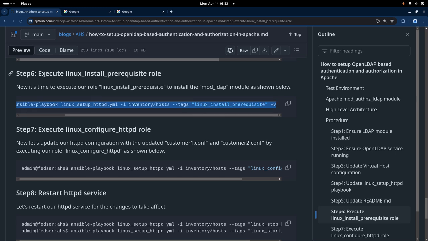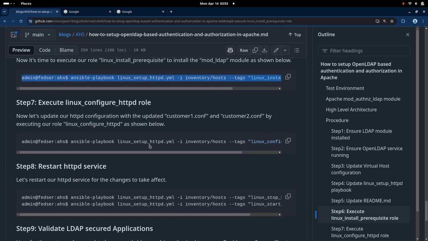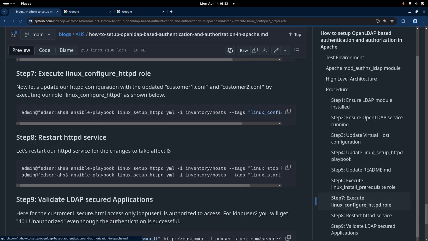So we will ignore this step, the Linux install prerequisites, because that is already installed. Now once that is done, in step 7 what we need to do is execute the linux_configure_httpd role, wherein we will be updating the customer 1 and customer 2 config data